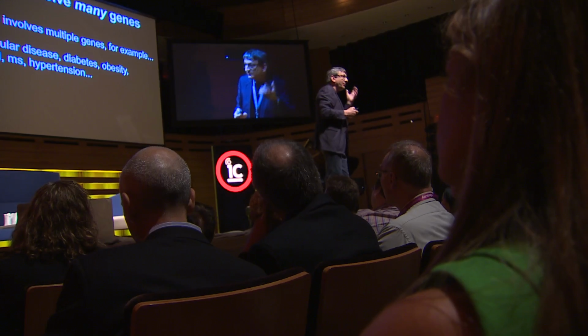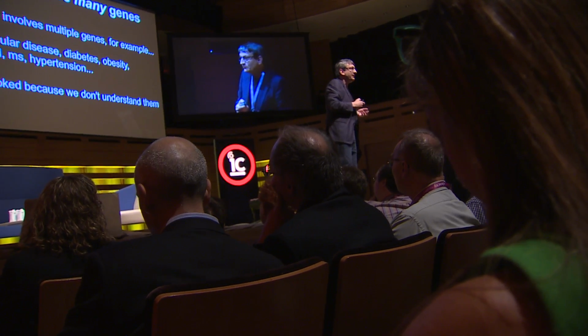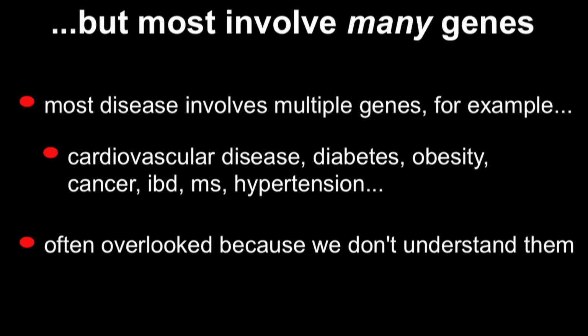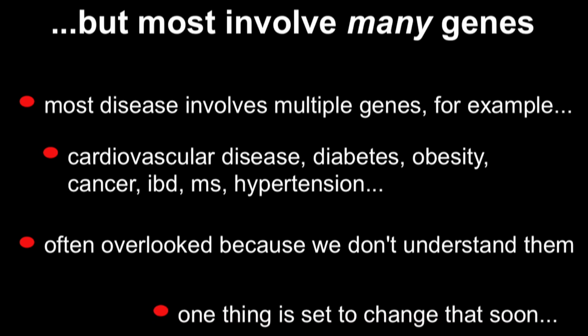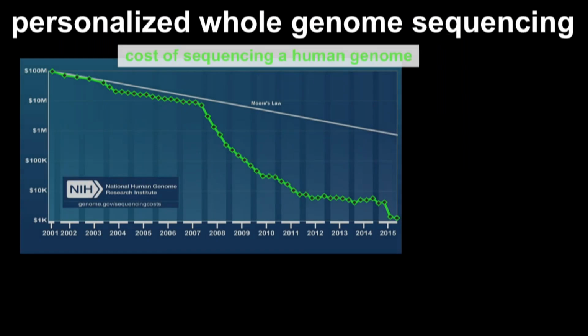And so for this reason, with the genetic contribution alone being so complicated, we've overlooked the problem because it's just too difficult. But that's probably about to change, and it's about to change with one technology in particular: whole genome sequencing. So here is a chart which shows the progress of whole genome sequencing of the human genome since the first publication in 2001. So all 6.4 billion characters were sequenced for the first time, and the manual was published, as it were, in 2001 at a cost of approximately $100 million US dollars.